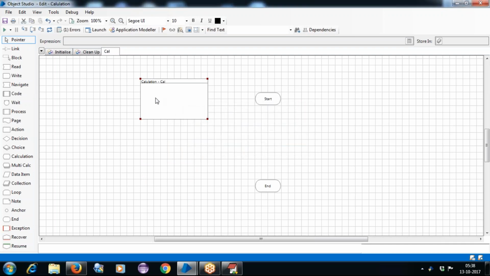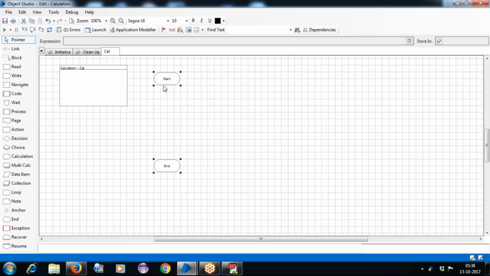Right, fine. So now, with the calculation, take an example of adding two numbers. Assume that you want to write a program to perform the addition of two numbers. How can we perform that kind of activity in Blue Prism?